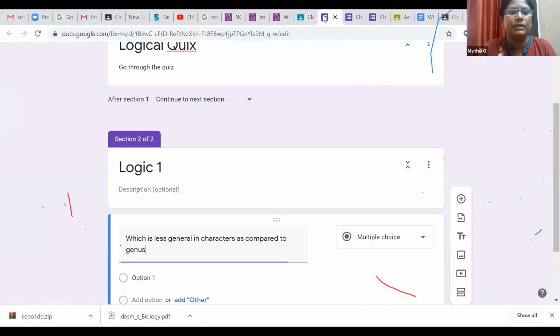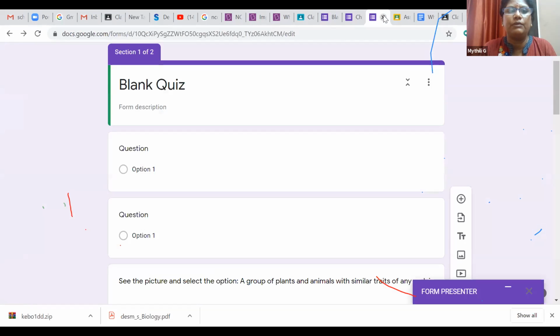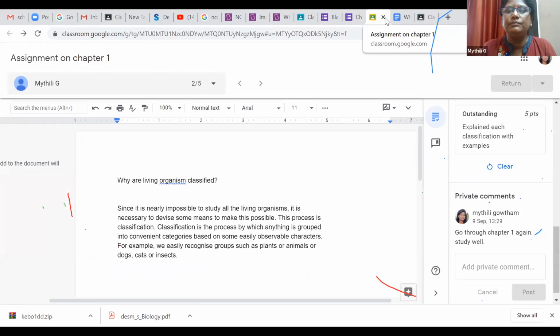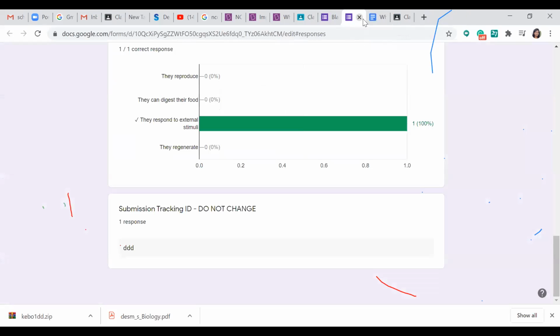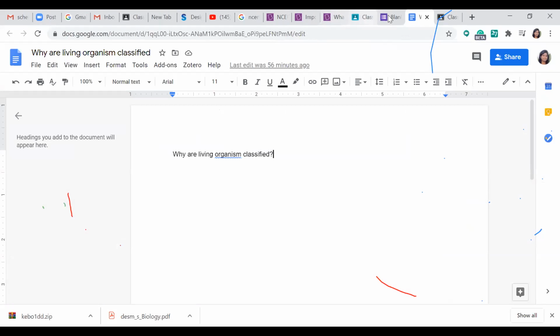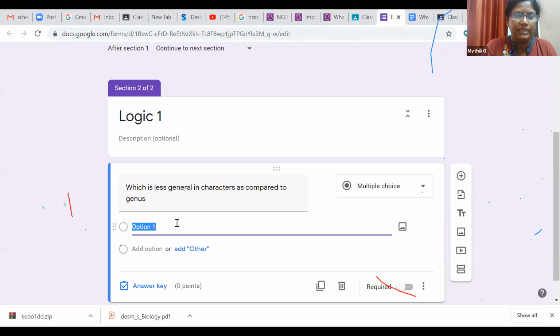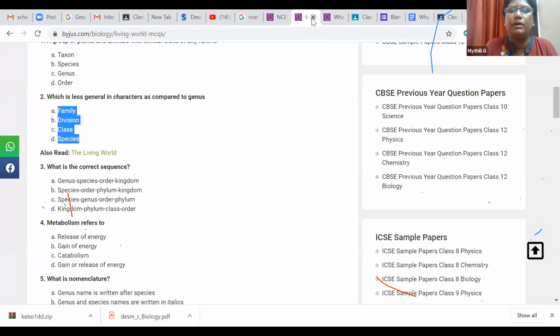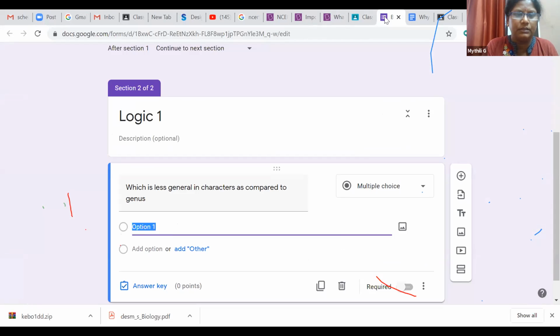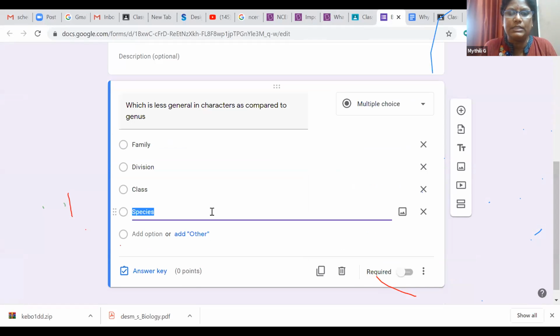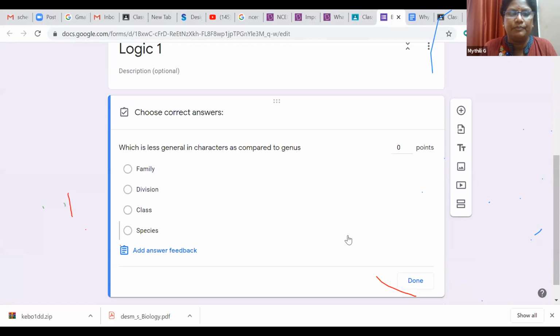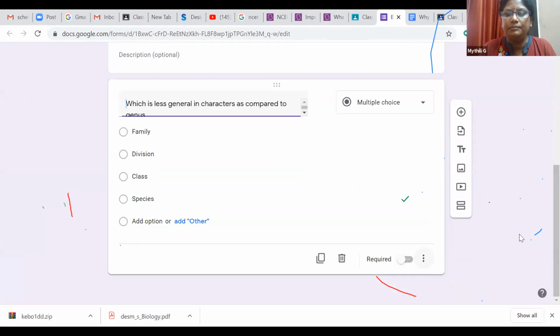I'll come here, this I'll close. Okay, so the options, I'll copy and then paste them here. Okay, so D is the correct answer, so I'll put D as the correct answer and I'll give 1 mark to this particular question, and done.